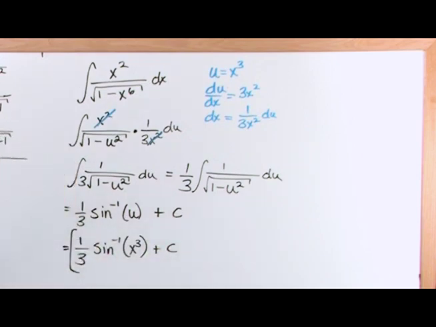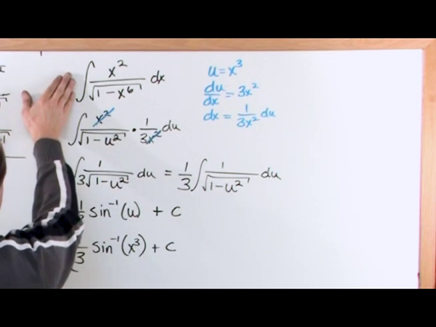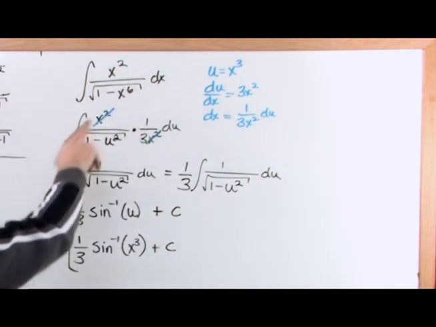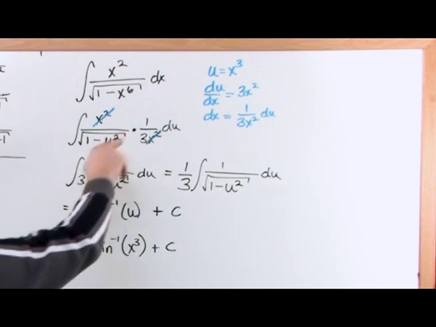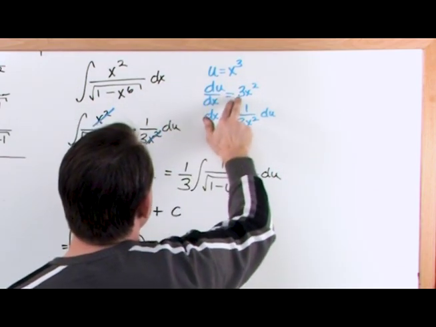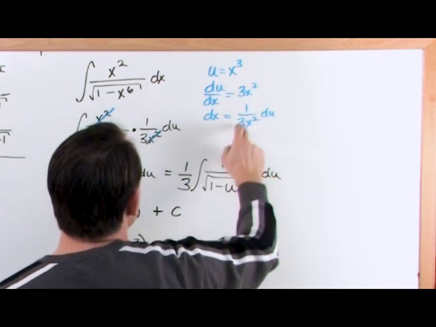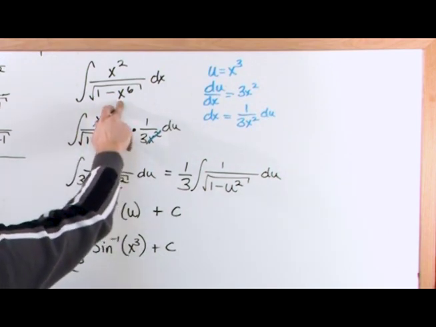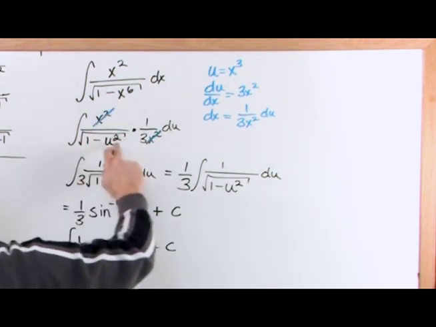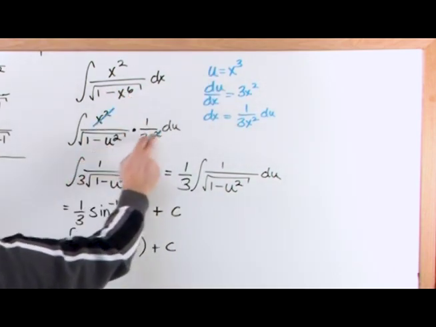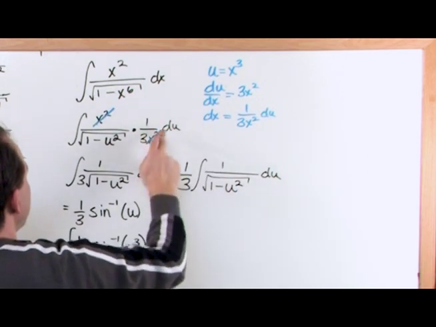This is what the integral is equal to. Okay, so we started with an integral here. We couldn't really find anything that matched up with it in the table to help us, but we noticed right away that we had an x squared and an x to the 6th power and an x squared here. So if we define u in terms of x cubed, and we take the derivative giving us 3x squared, solve for dx giving us 1 over 3x squared, then when we did our substitution and put, in terms of x to the 6th power, we put u squared, because u being x cubed squared gives us what we had using our substitution here. Then when we put dx in, which is what we found here, we had a cancellation,